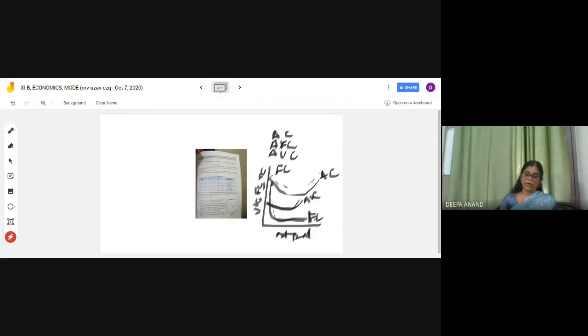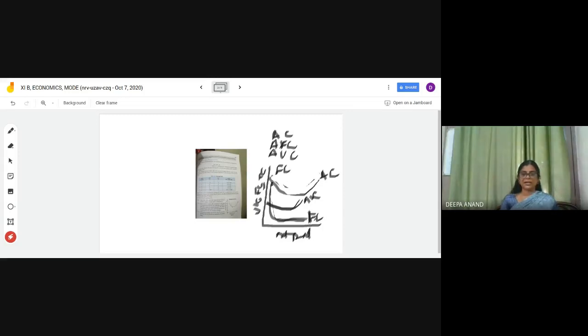Okay, so what are the 2 points we have discussed, right? Write it. You can draw this also. I will send this particular image to you in the class group, then you will get a more clear image. Then you have to draw it also. This is the graph showing AC, AVC, and AFC together. Then you write some important observations.